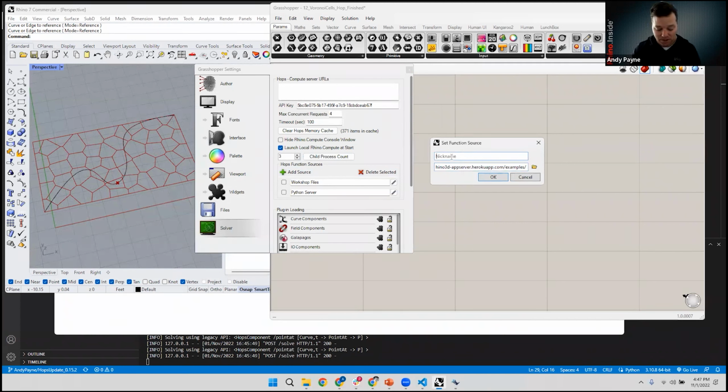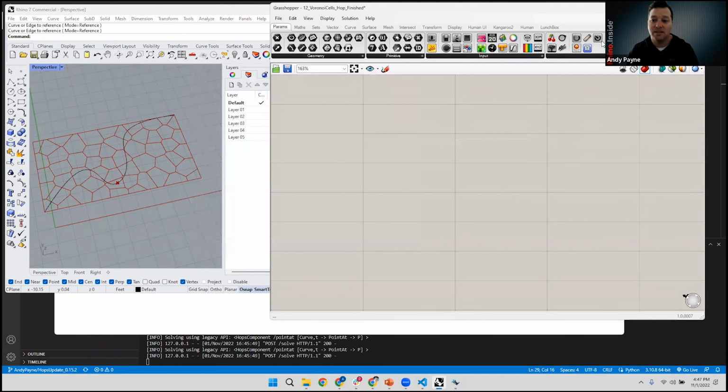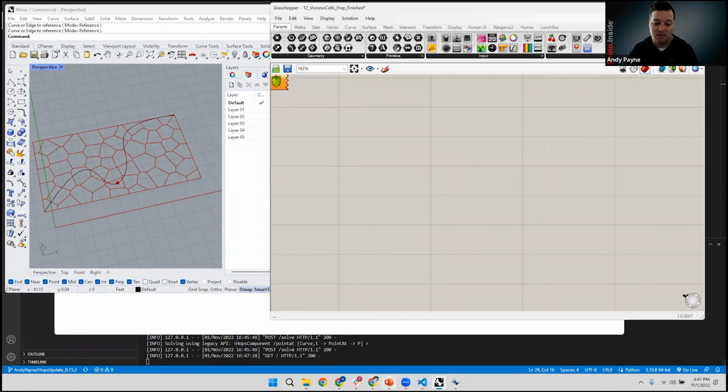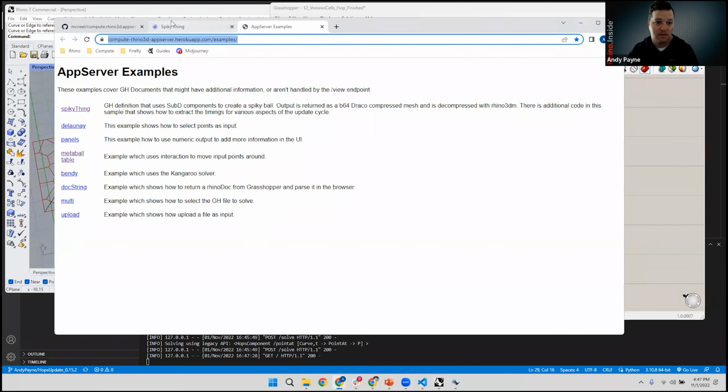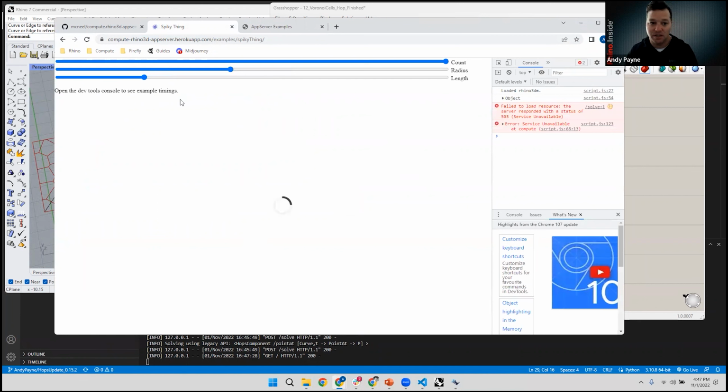And I will call this remote server and click OK. And now I can close that. And now I have another list of available functions. And it's not working because that server might not be up and running. So there's a chance that